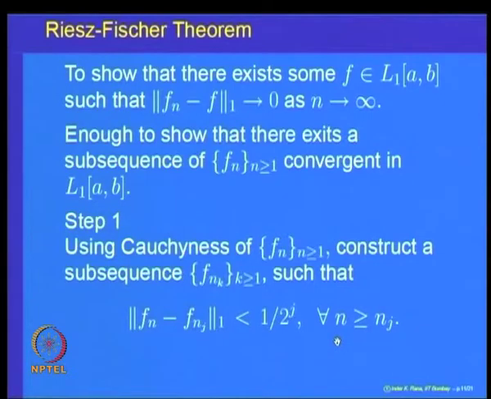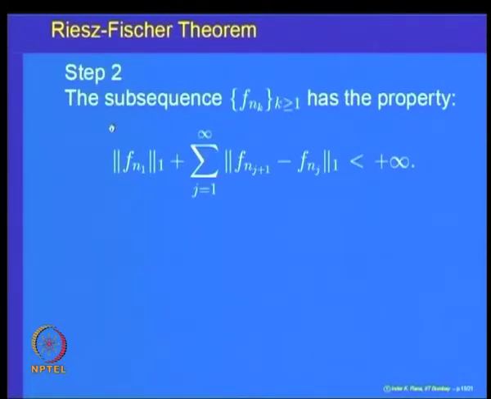Once that is done, we go to step 2, which is showing that the subsequence we have constructed has the property that the norm of f n 1 in L 1 plus the sum over j from 1 to infinity of the L 1 norms of f n j plus 1 minus f n j is finite. And that